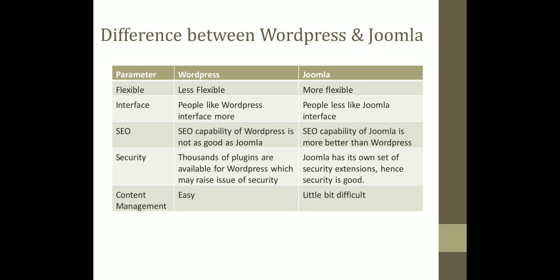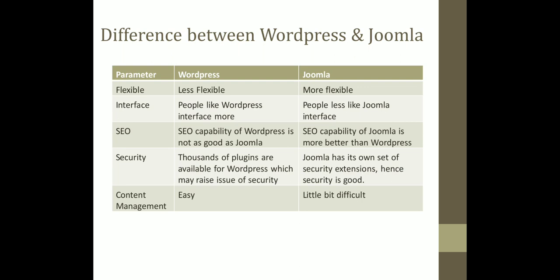Again, the localization and multilingual support can also be a parameter for difference. Like WordPress does not support multiple language feature out of the box, but some excellent plugins are available which allow the user to create the WordPress multilingual site easily. Okay? So WordPress is available in more than 53 different languages, while Joomla supports out of the box capability to